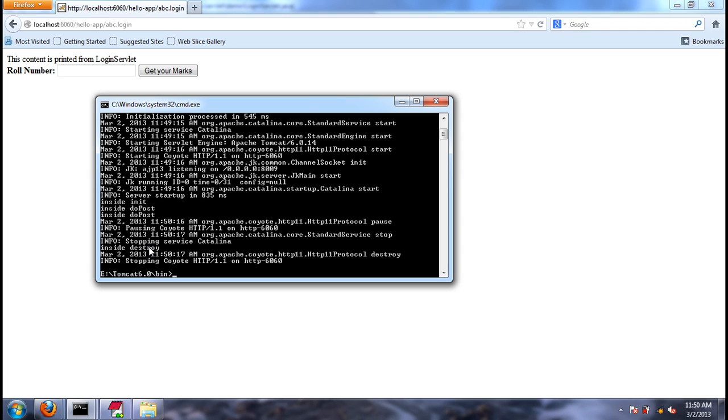What the web server will do means, the web server will call the destroy method before destroying the servlet. The servlet will be destroyed by the web server for sure. We cannot destroy the servlet through the code. Servlet destruction will be done by the web server. But